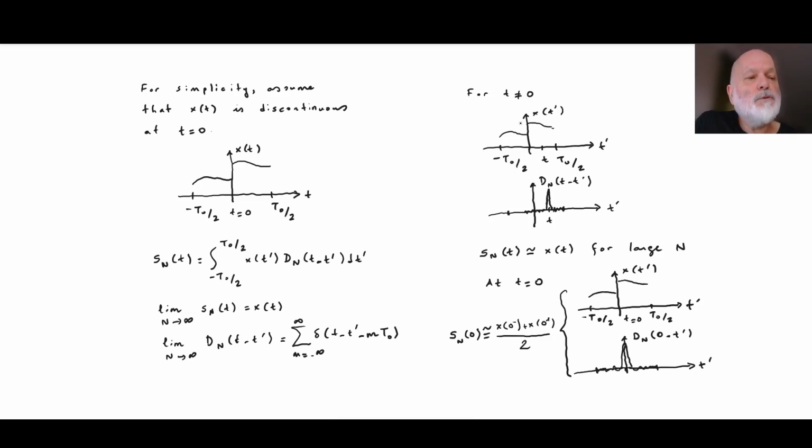This is a rather intuitive argument. Of course, the rigorous proof must also consider some issues of smoothness. That means conditions related to the derivative of x of t, the right and left derivatives at discontinuities. So we omit that discussion, but otherwise this is an explanation why the Fourier series converges to the arithmetic mean of the left and right values of the signal at the discontinuity.